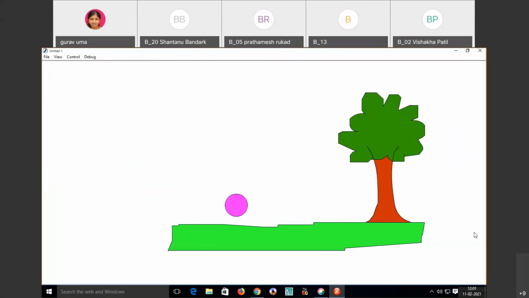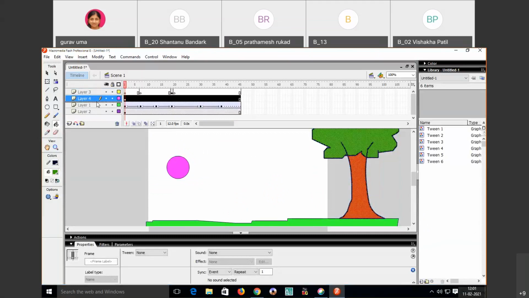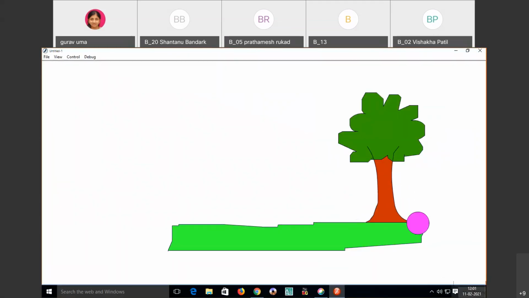Now if you want this ball to come ahead of the tree, then just shift the layer, and then click enter. So see, the ball is appearing in the front. Okay, so this is my animation.